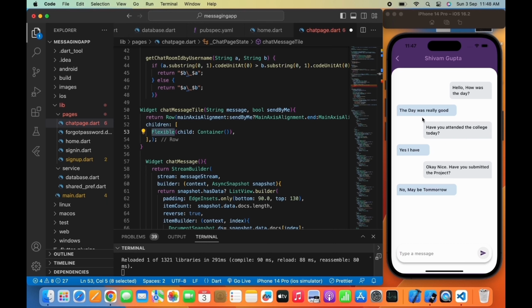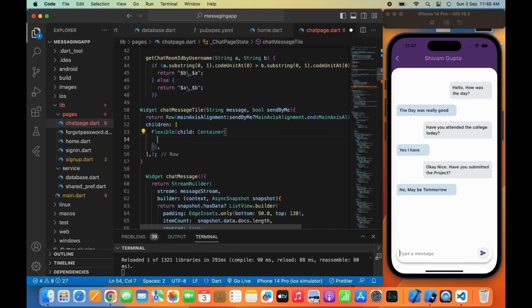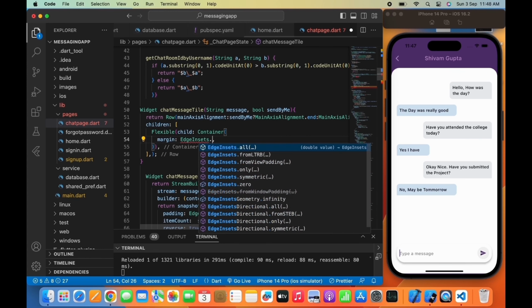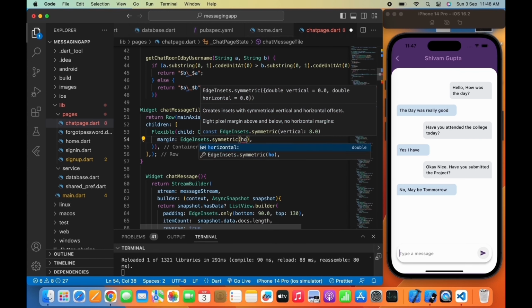So it will make our container flexible and provide the width of the container according to the text. Flexible makes your app very responsive and gives a better experience to the user. So I am providing a margin, horizontal and vertical,